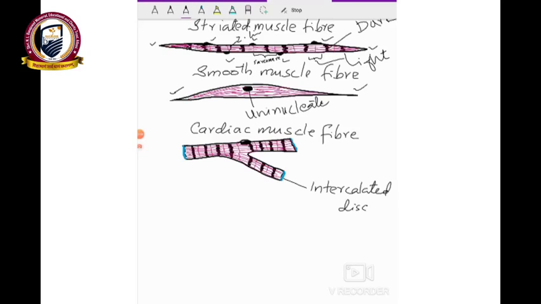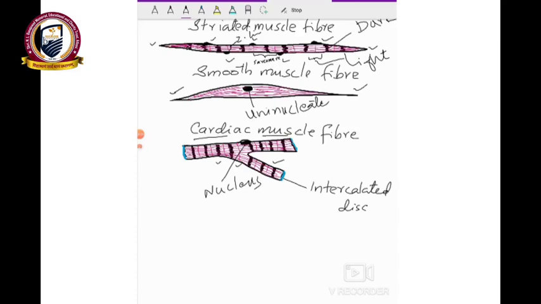And the third type of muscle fiber is the cardiac muscle fiber, which is found in the wall of the heart, more so in the ventricles, and these are again cylindrical, striated. As you can see here, the light and dark bands are there, but uninucleate, again a single nucleus is there. So the cardiac muscle fibers have the general striated appearance, just like that of the striated muscle, but they are uninucleate, single nucleus they have, and they are branched.